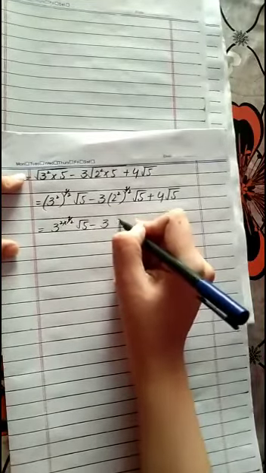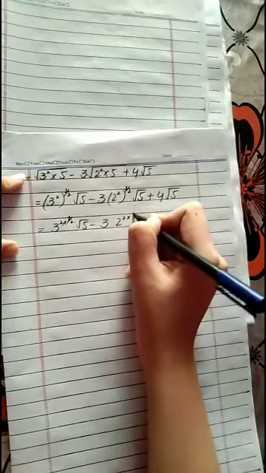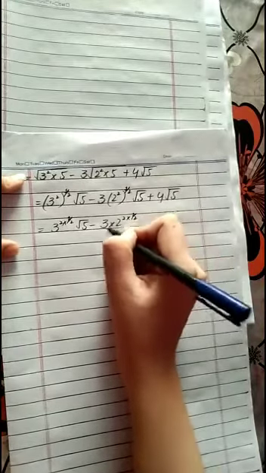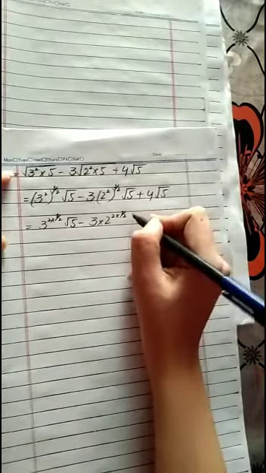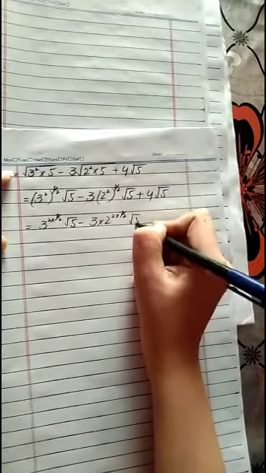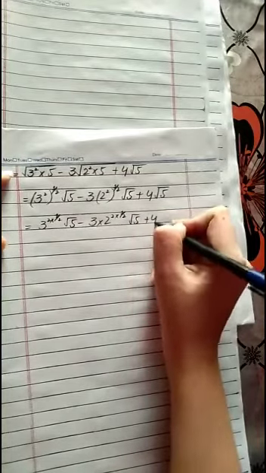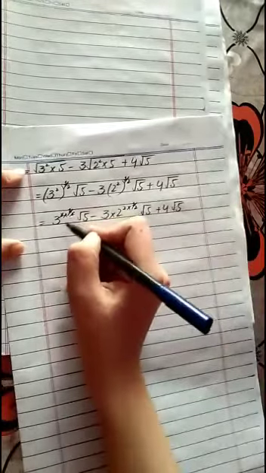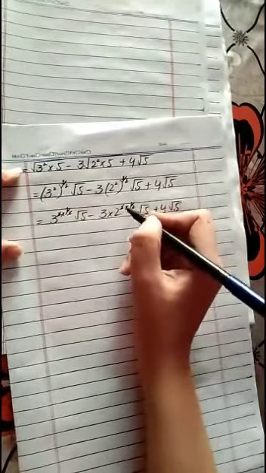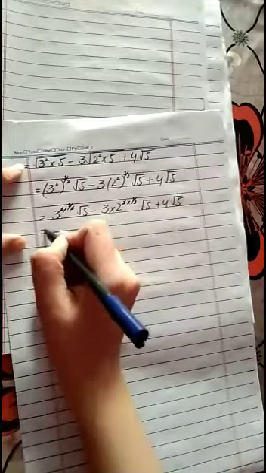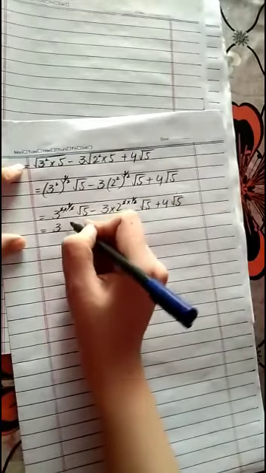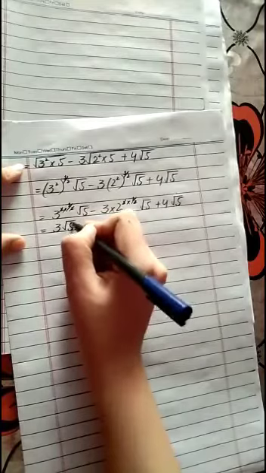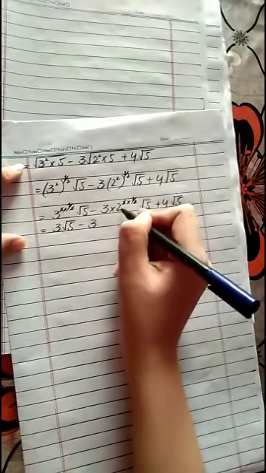3 into square root 2 multiplied by 1 by 2, square root 5 plus 4 into square root 5 remain the same. Both powers will be cut, reciprocals, multiplicative inverses will be cut with each other. 3 square root 5 minus 3 is 2.